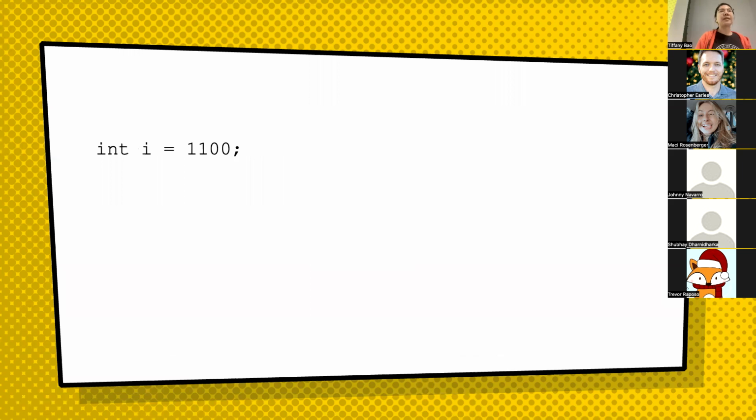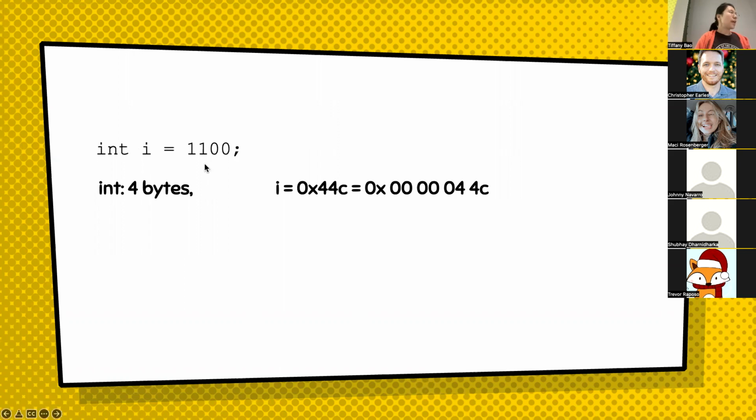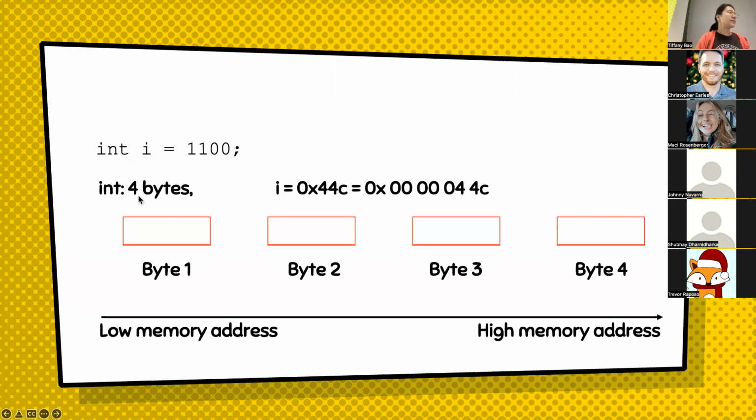Okay, and now let's start to talk about integer. Now we know about character, we know about the strings. What will an integer look like in the memory? So for integer, for x86-64, integer will occupy 4 bytes. So here, when we have 1,100, first let's convert that to a hexadecimal number. And again, as I said, integer has 4 bytes, and those 4 bytes will be stored from the lower to higher memory address. And here, you need to pay attention because of